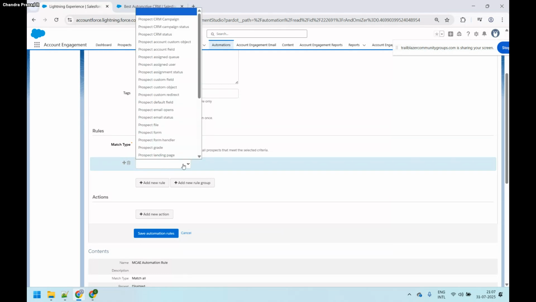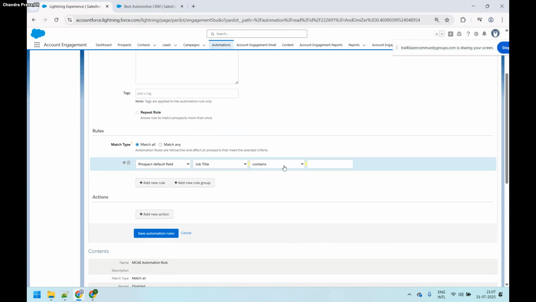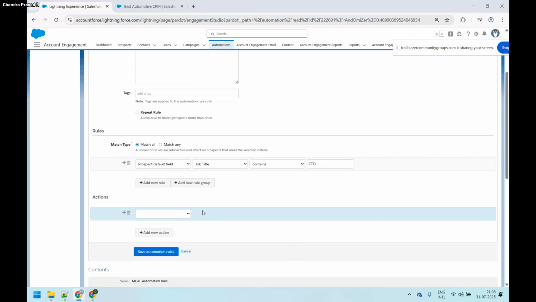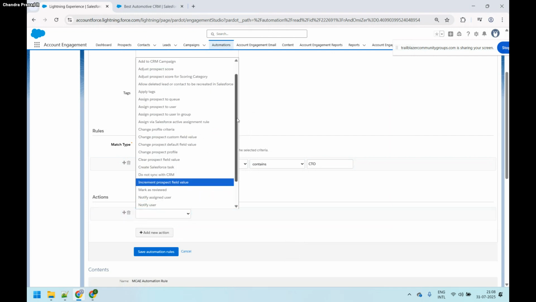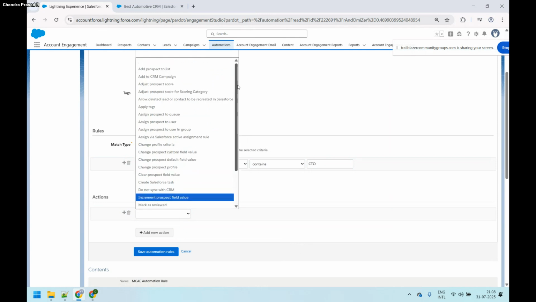If the prospect standard field, that is the default field, which is job title, contains CTO, okay, if this rule matches, I want to add an action of prospect grade. It should be here, right? So add prospect to list, CRM, adjust the prospect score, prospect queue, user group, profile criteria,